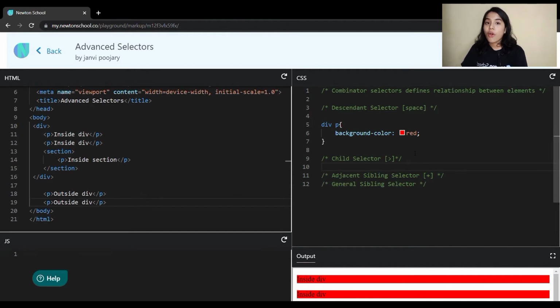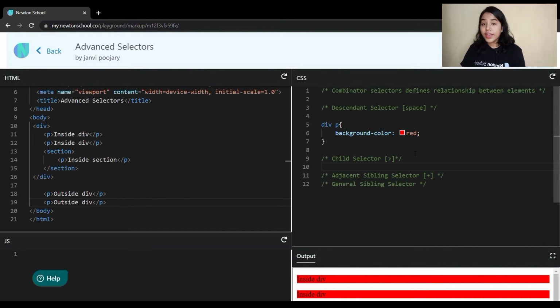But this paragraph tag which is inside the section tag, as I said, if this section tag is the child of the div tag, then the paragraph tag will be the grandchild of the div tag, right? So next we have child selectors. Now I'm sure that you have understood how this hierarchy works.